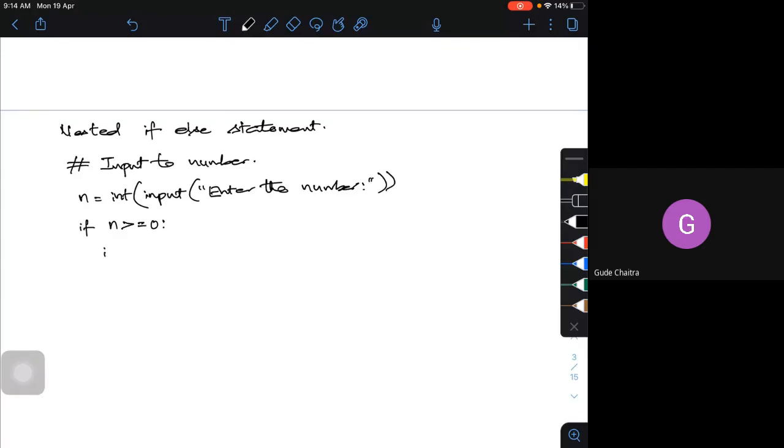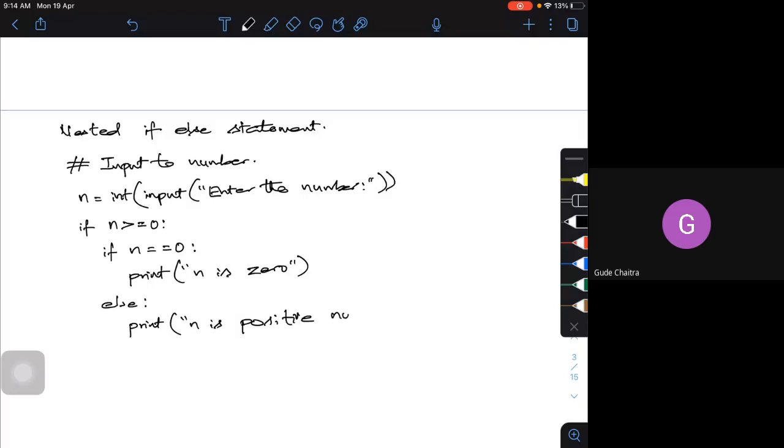Then one more if statement: if n is equal to 0, print n is 0, else print n is positive number, else print n is negative.